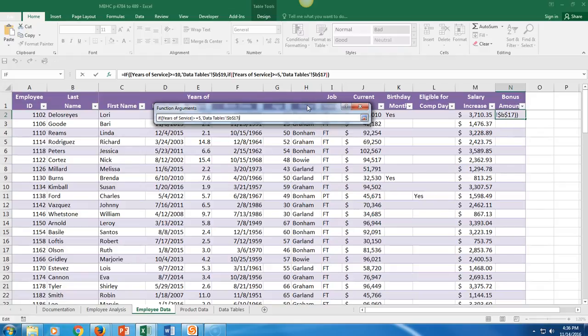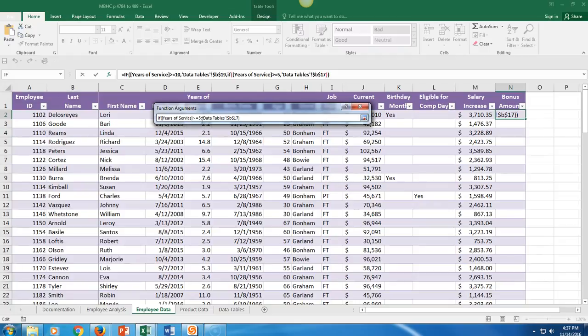Okay, I'm stopping right now because I know how easy this one is to make a big fat juicy error in. IF open paren, open square bracket, years of service, I'm checking my spelling, close square bracket, greater than or equal to 5,